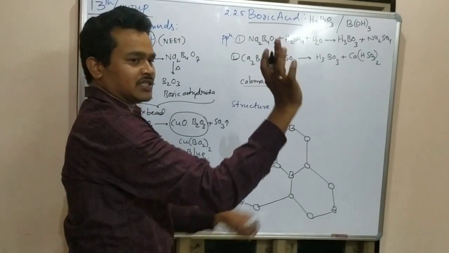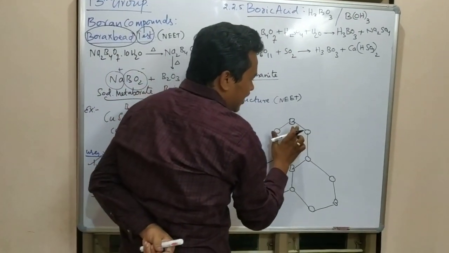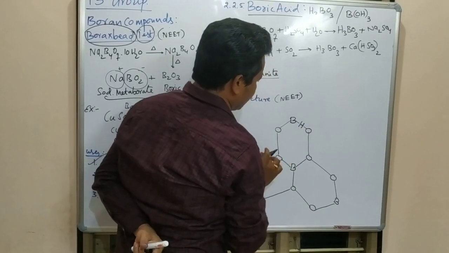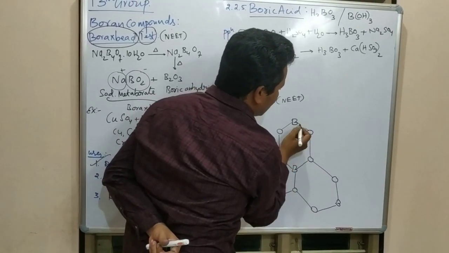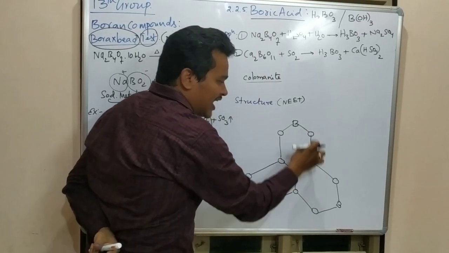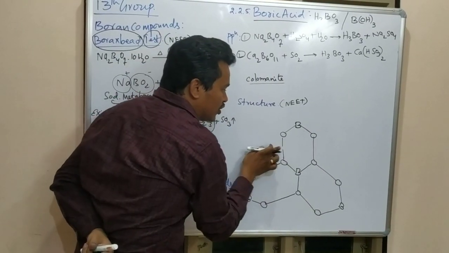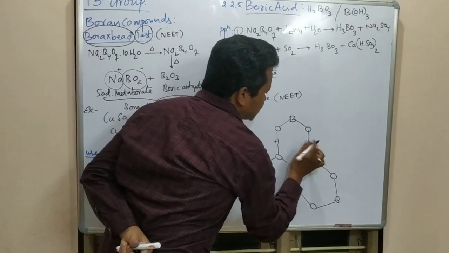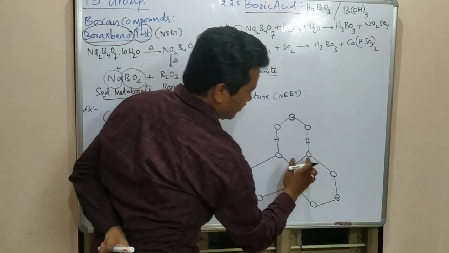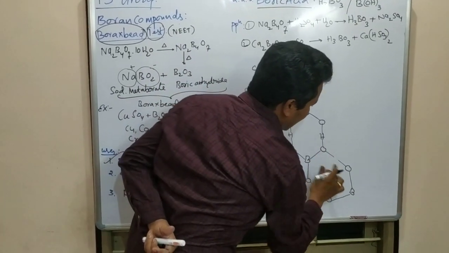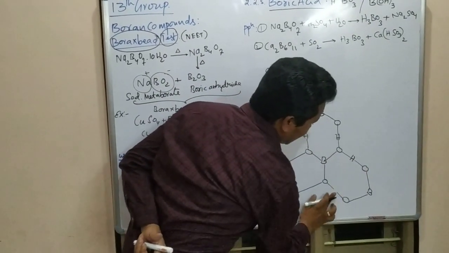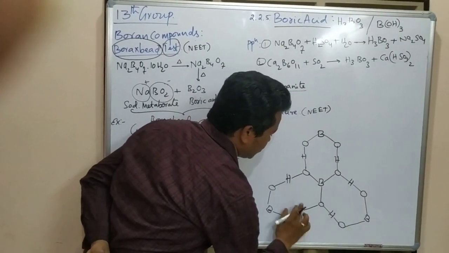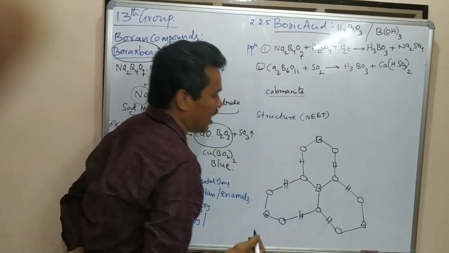After that, hydrogens. Observe here. Everywhere I am going to use hydrogen as a bridge. Where the lengthy line is there, very long line, there I am going to use this hydrogen as a bridge. H. Here H. This is the lengthy line form. Very lengthy line. Here hydrogen. Observe carefully. Only on the lengthy line I am going to use hydrogen. You check it out. It will help you to write the structure in a proper way.